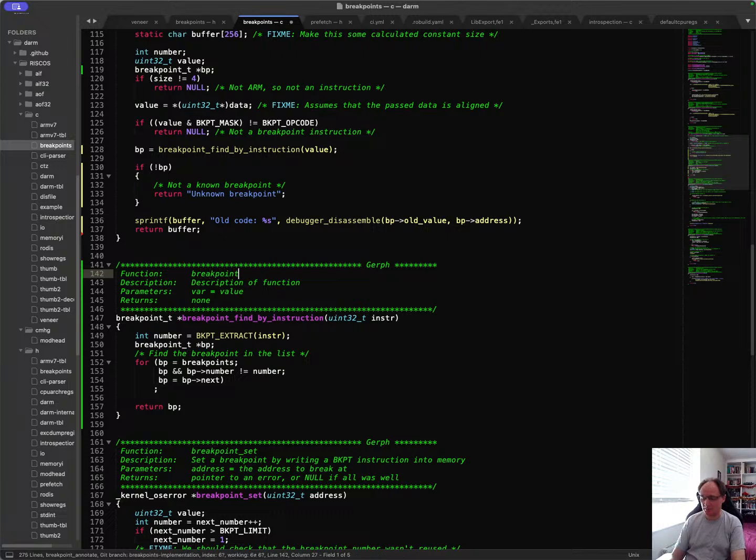Breakpoint find by instruction. Instructions. Into